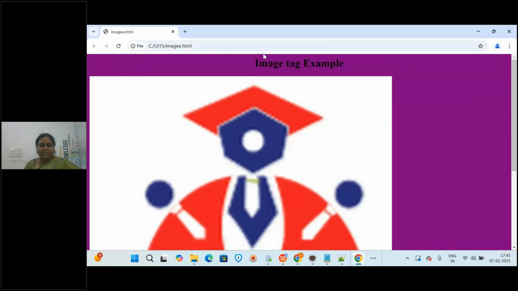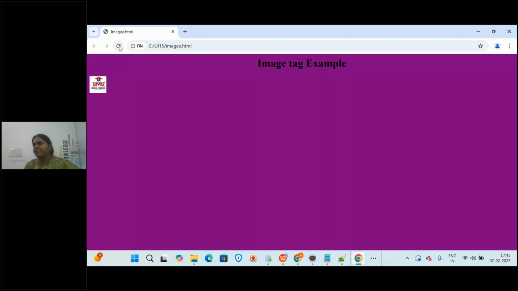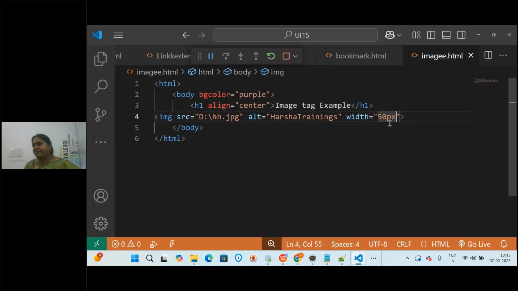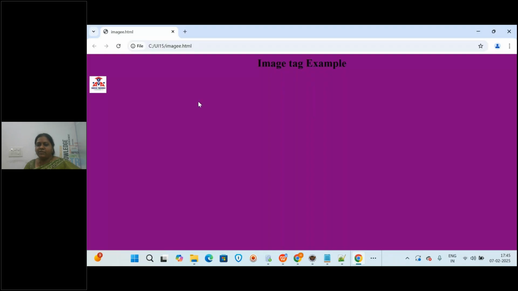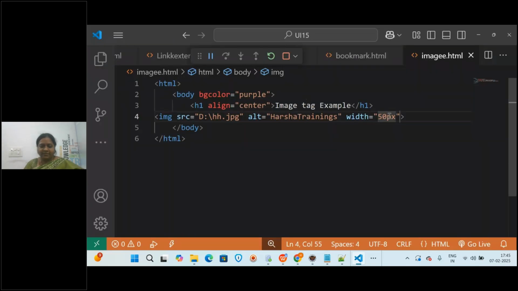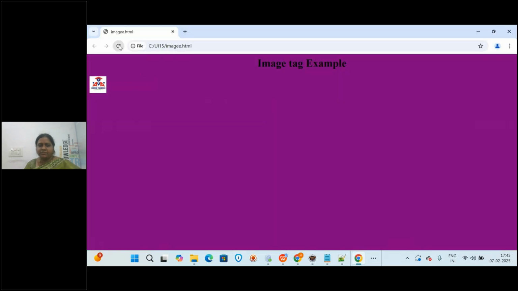See, I have added one more attribute called width. How much have I given? 50. See how small the image has become. Now I'm giving 150 pixels. Save this and refresh the page.